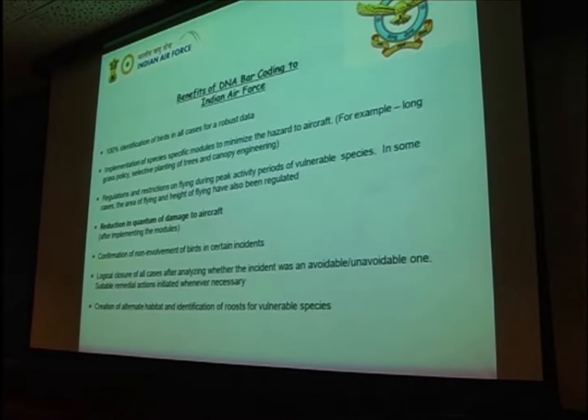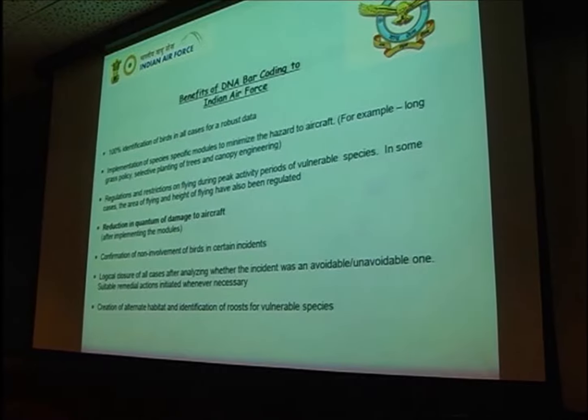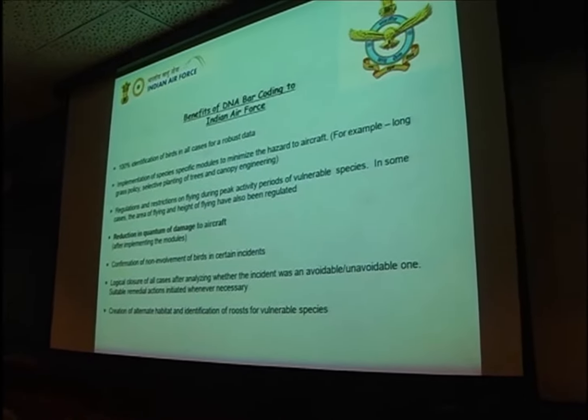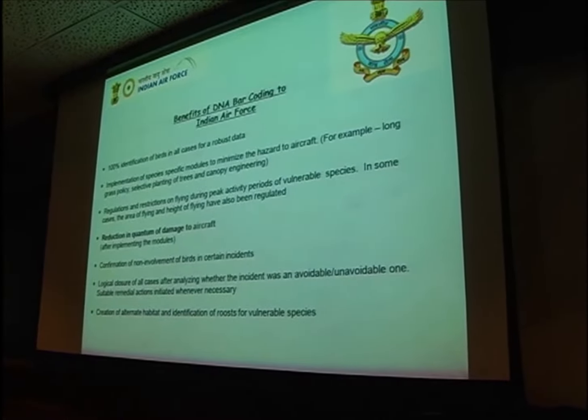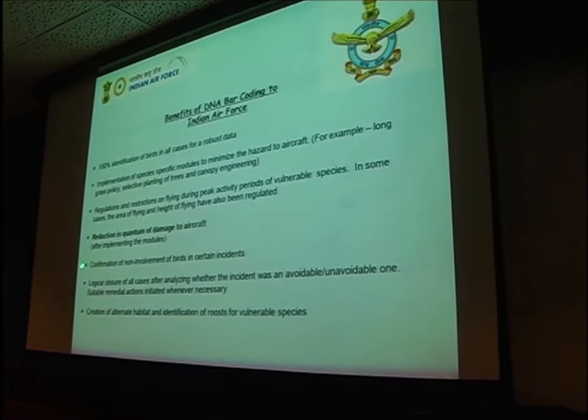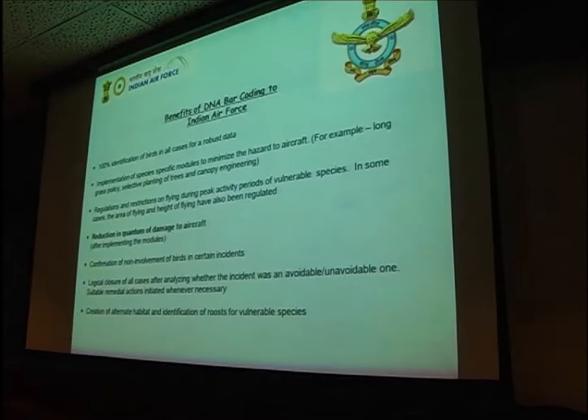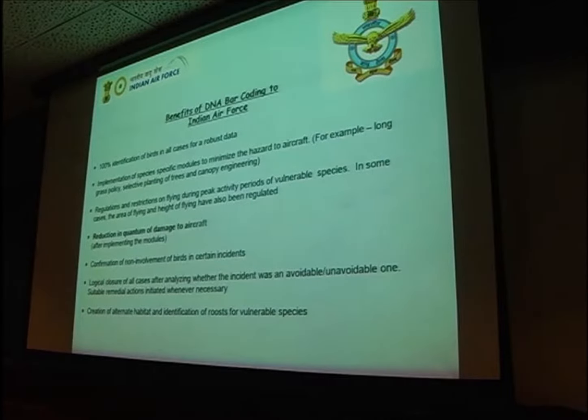And we did some work for the Indian Air Force also. When Air Force pilots are taking off, birds hit the aircraft, and there's a problem for them. So they asked us whether we can help. We did the barcoding of all the birds nearby, identified what the birds are and what plants and trees they use. By re-engineering the plants around, they can now protect against this. And now they have a lot of reduction in that. They said there was a great reduction in damage to the aircraft after implementing the modules that we suggested. So that was application of biological knowledge to